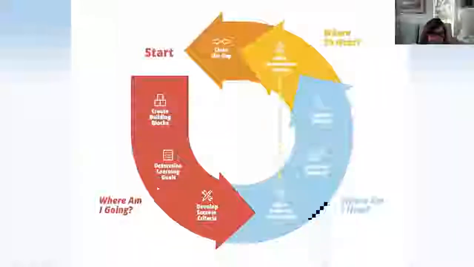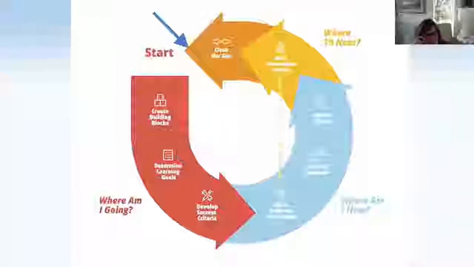And I explained this in the face-to-face session. You can see those three questions. Where am I going? Where am I now? Where to next? And so this feedback loop is a continuous process that operates just as part of doing business in a classroom. So we're going to keep in the red zone, and I wasn't able to talk much about the building blocks. Thanks Paul for the arrow, reminding us the whole point is to close that gap. So kids are consistently meeting the goals that we set for them.